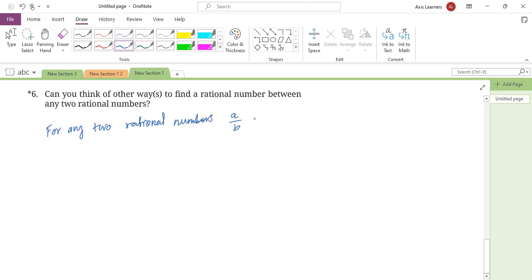A by B and C by D. So we will take the number in this form, A by B, which is less than C by D. Okay, so A by B, C by D, where C by D is the greater number. We can find another number